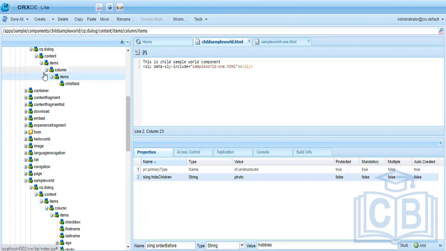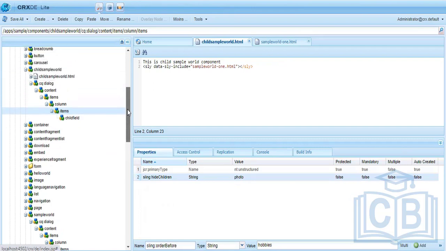Okay, so we discussed about sling hide children. Similarly, there is a sling hide resource, which also does the same thing. Okay. So this is how you can override; we are overriding